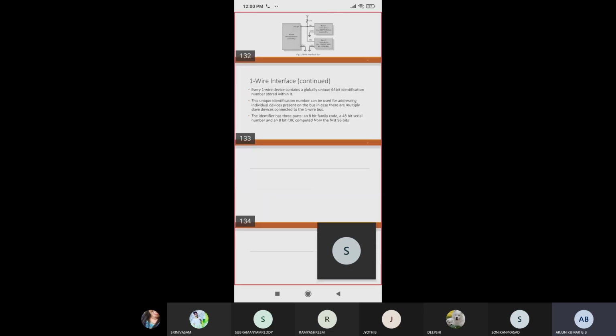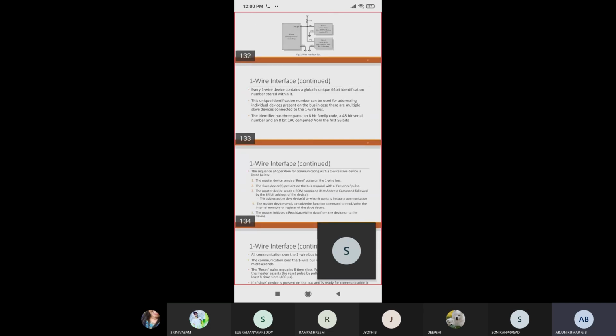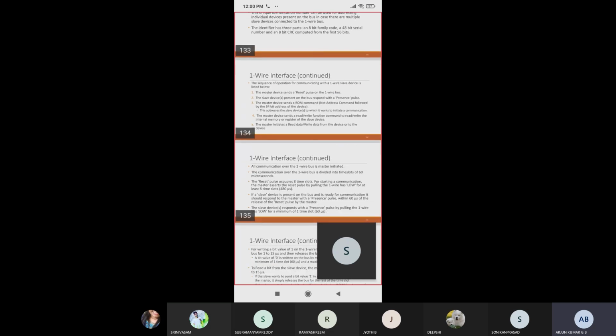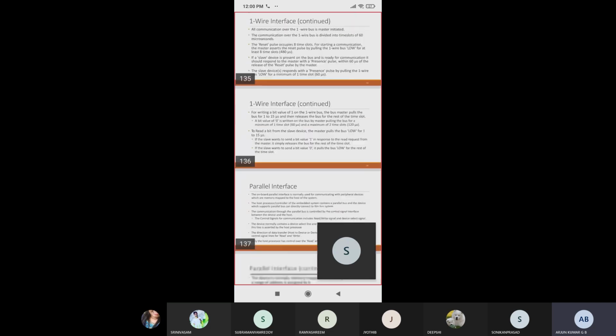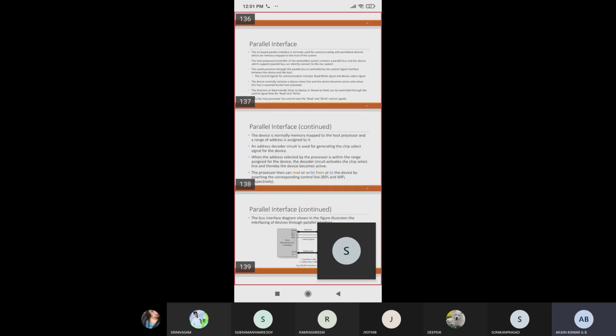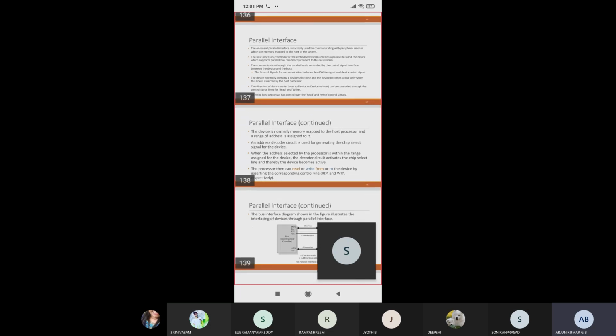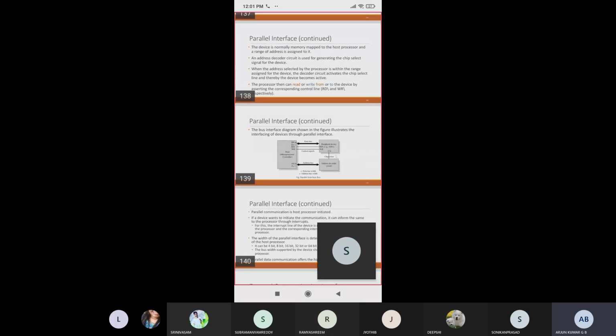For full speed, up to 12 Mbps. Again we are using USB 1.0 or 1.1. Similarly, USB 2.0, the maximum speed will be 480 megabits per second, and then USB 3.0, the maximum speed will be 5 gigabits, and also super speed will be there for USB 3.1, which will be 10 gigabits, and then USB 3.2, these are 20 gigabits.